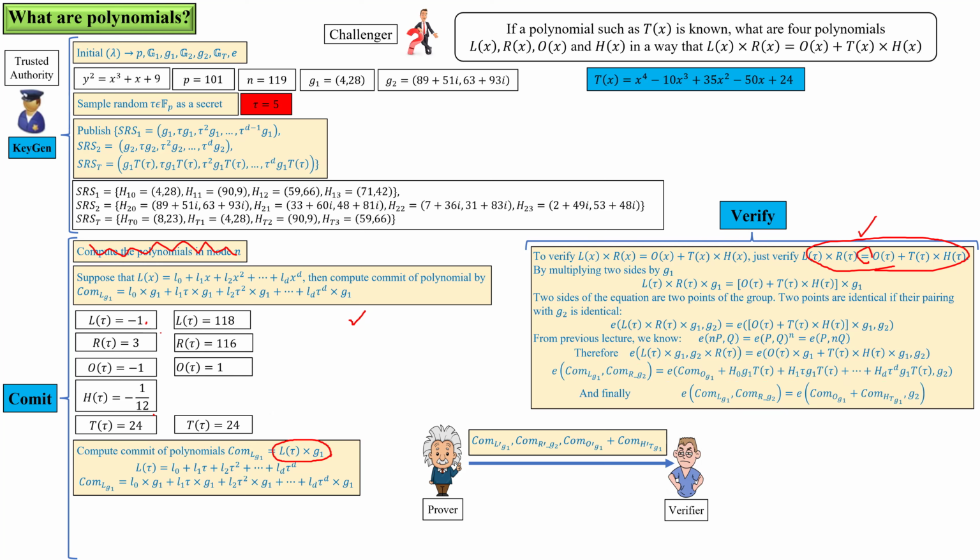So these values are the correct evaluation of the polynomials L of x, R of x, O of x